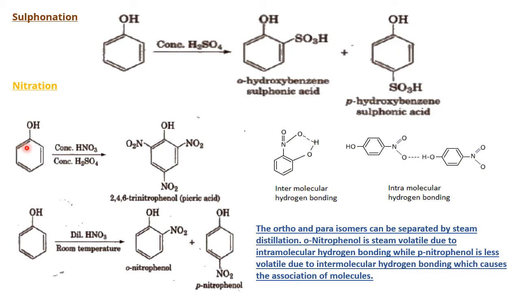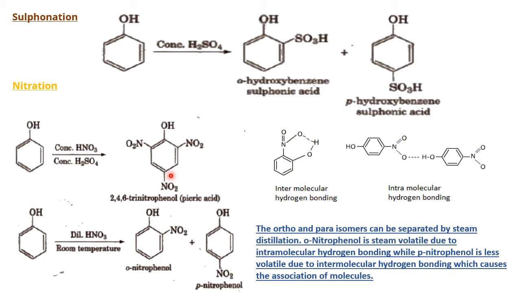Nitration of phenol gives ortho nitrophenol and para nitrophenol with dilute HNO3 at normal room temperature. But if you go for strong conditions, both ortho and the one para positions are blocked by three nitro groups, known as 2,4,6-trinitrophenol. The most favorite chemical of one of our students. This is most popularly called as what?